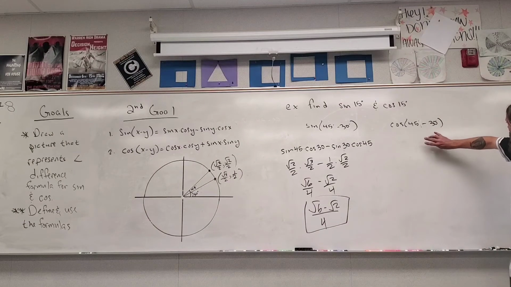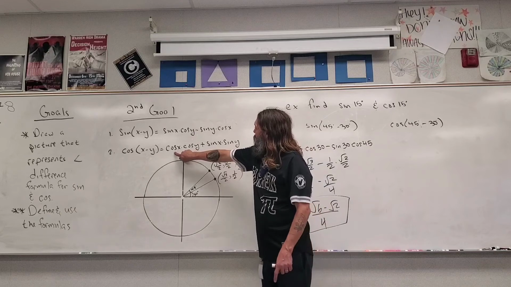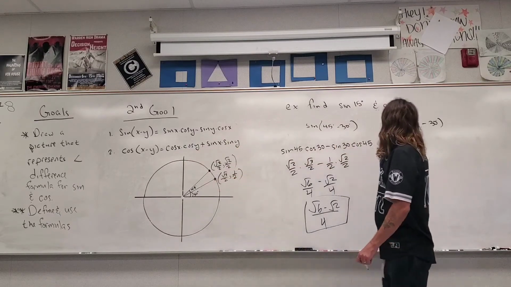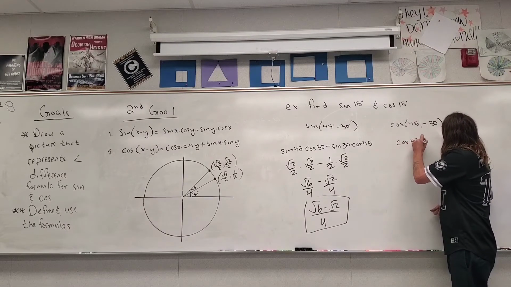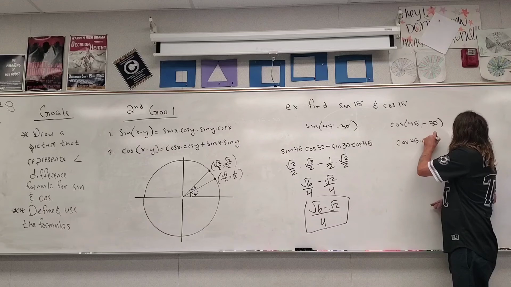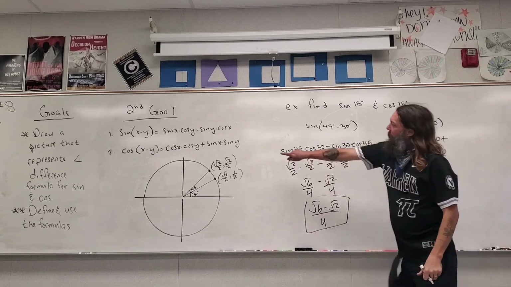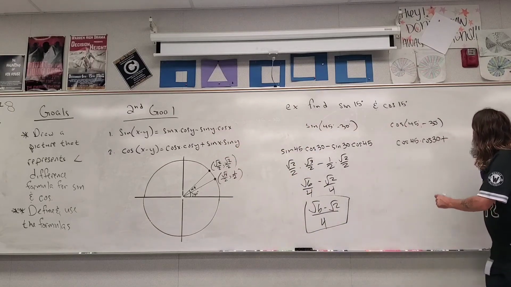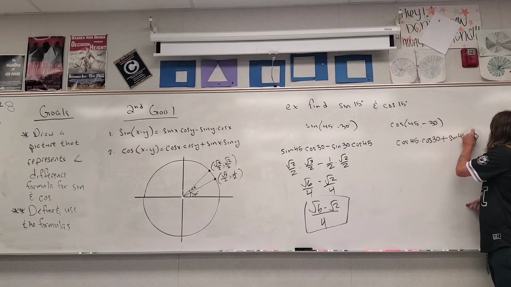Again, I'm going to follow my formula. Let me just plug it in accordingly. The cosine of my first angle times the cosine of my second angle. So I get cosine of 45 times cosine of 30. And I'm going to add that to the sine of my first angle times the sine of my second angle. So it's sine of 45 times